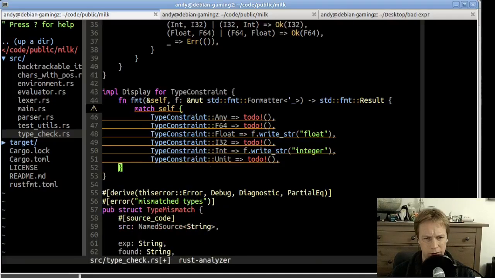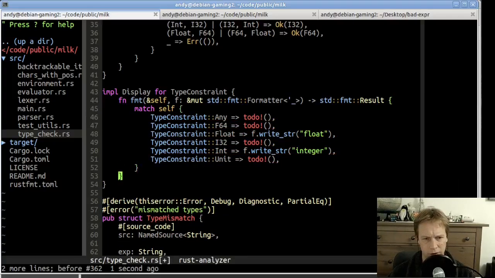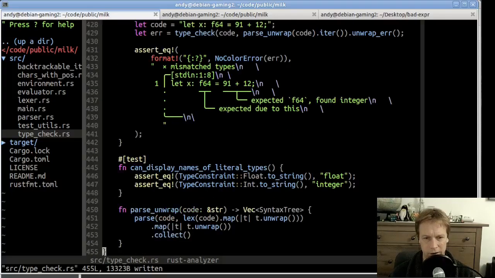Hold on, I think we can just return this result of calling write_str. Later that might cause us a problem, but for now they're both doing exactly the same thing, so they both return the same type. I'm all right at holding the context of a 5-line function in my head sufficiently to understand it and check whether it looks all right. I'm not capable of holding a program the size of what we've written so far in my head, so I'm constantly trying to shrink it down into a context that I can fit in my brain, and the way I do that is by writing unit tests, which is why I bothered to write this fairly